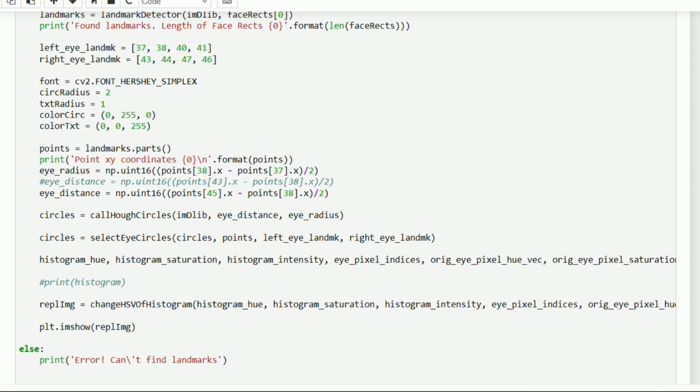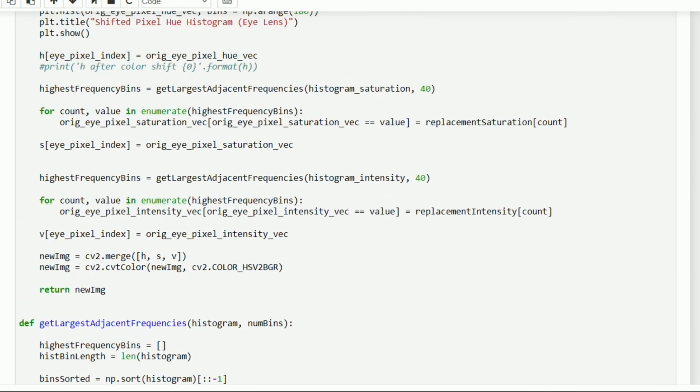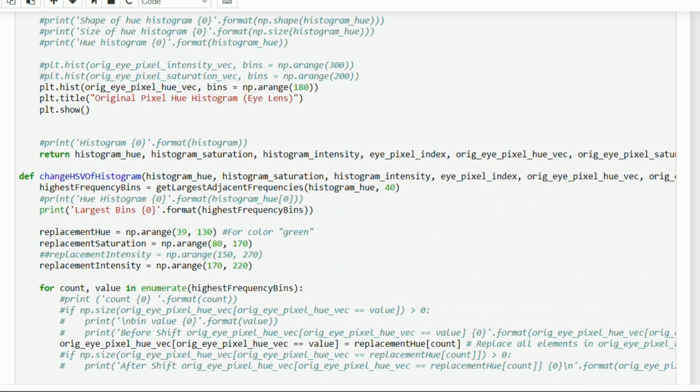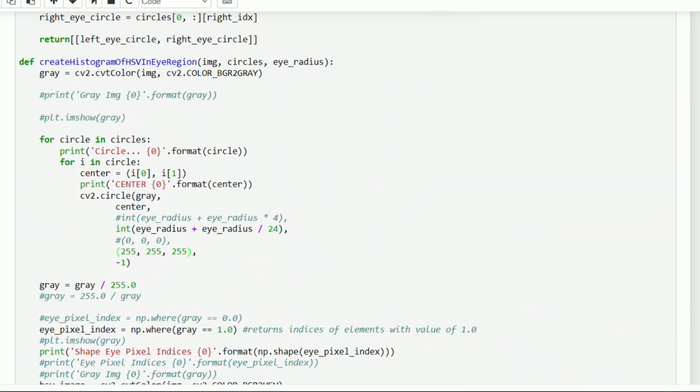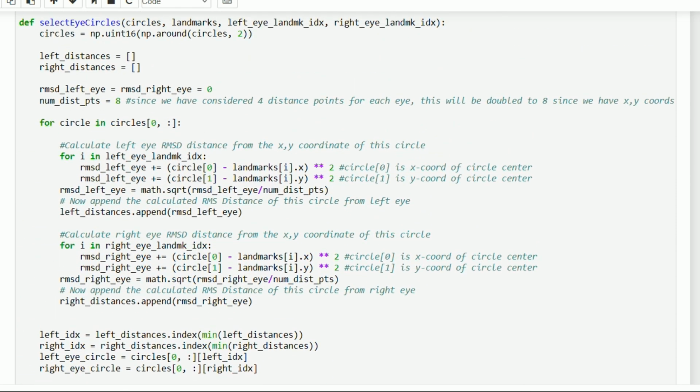According to the documentation, each vector in the output vector of circles returned by Hough circles is encoded as a 3-element floating point vector, that is, the xy coordinate of the center of the circle and the radius. Before further processing, we use numpy around to evenly round the floating point values. Then we call the function select eye circles, in which we have implemented the mean square distance method to select